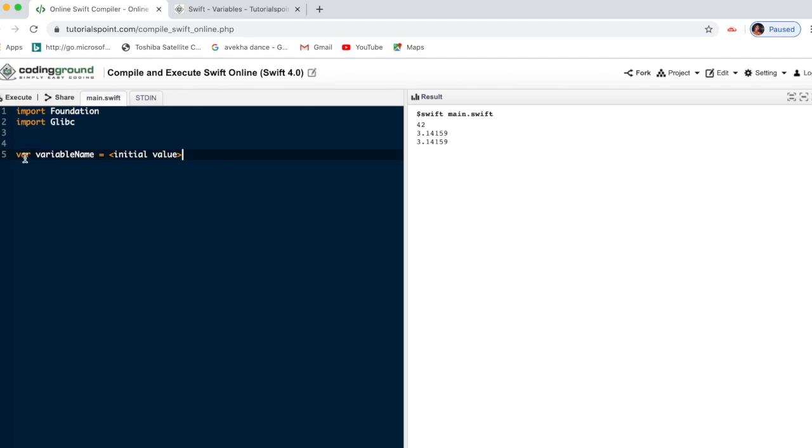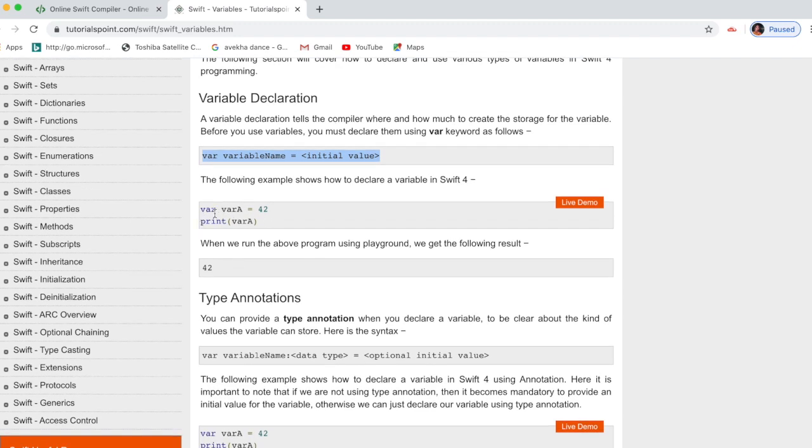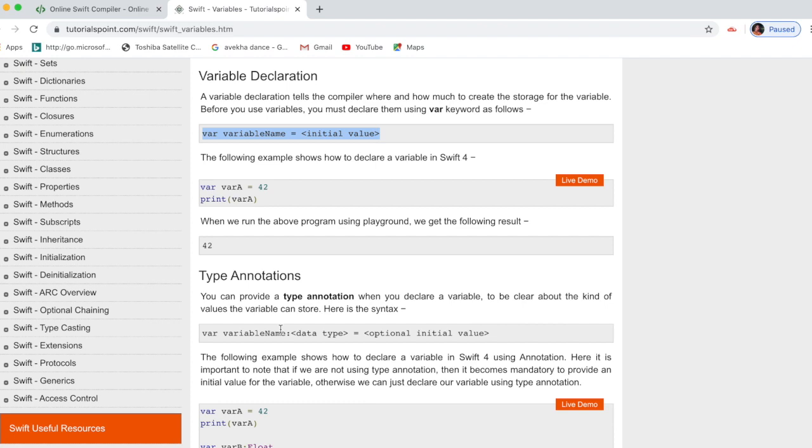First we need to give var, space, the variable name, space, equal to, then the initial value, whatever we need to give. That is the main thing. Just like 42, if I need to save an integer value like 42, give var, as I have already told, give a name for that equal to 42, then print it. That is the variable declaration.